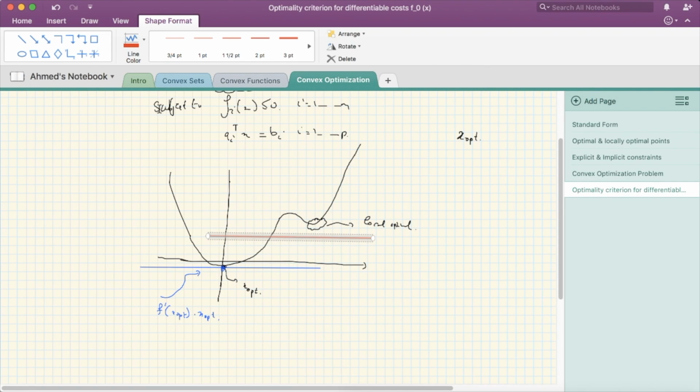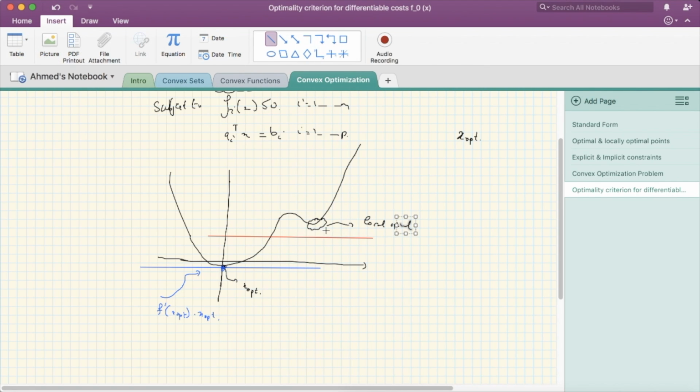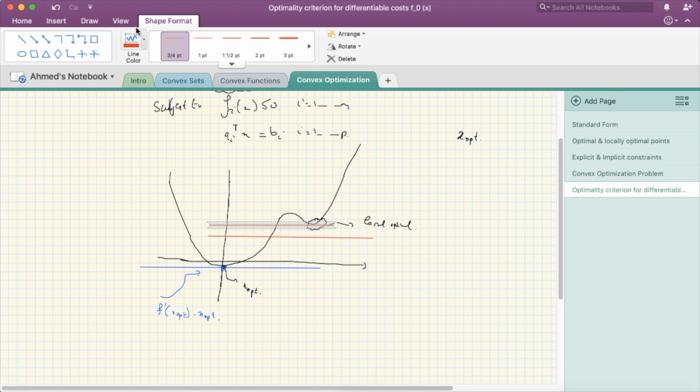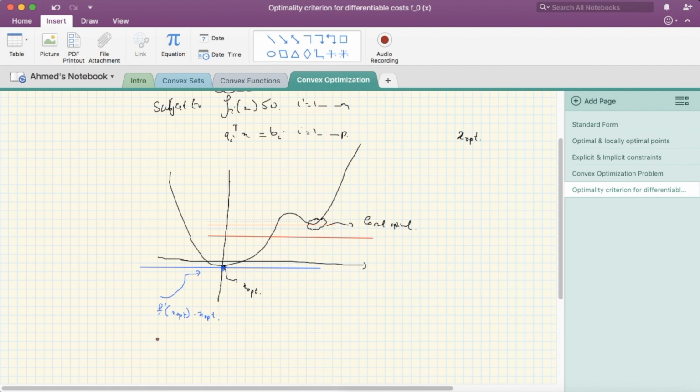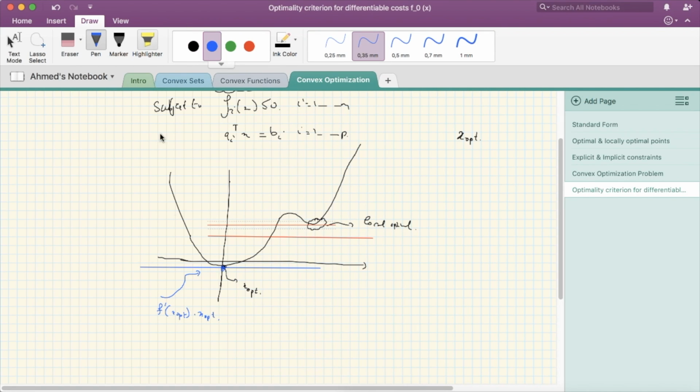Let's grab this local optimum as well. Insert a tangent right here. So what is so special about the blue line? It's always lower than other lines with the same tangent passing through the other points, right? So it's always lower. It's always like a lower bound. So in other words, we can say f prime x opt times x opt is always less than